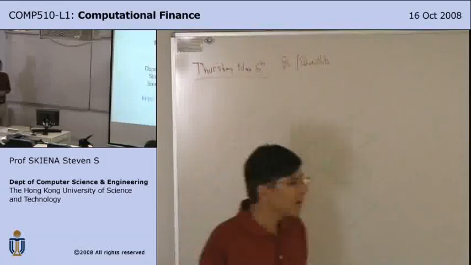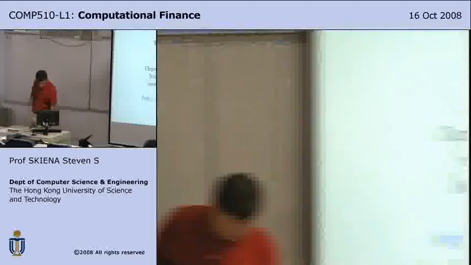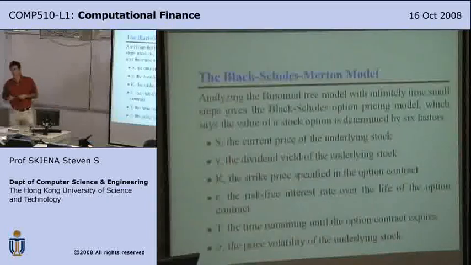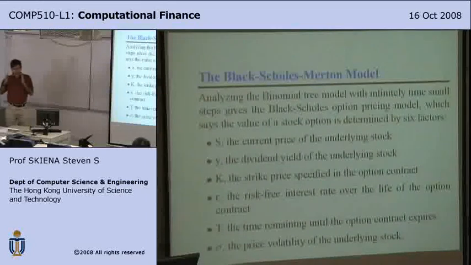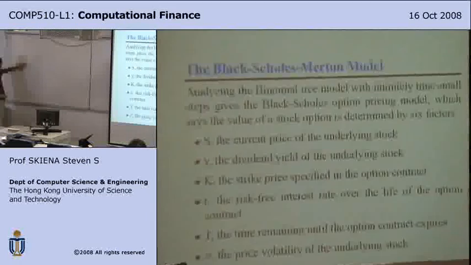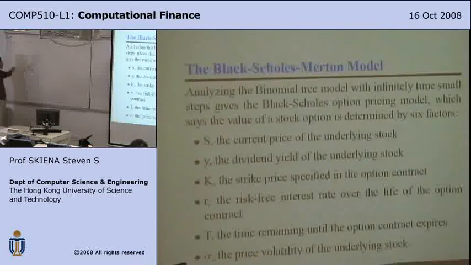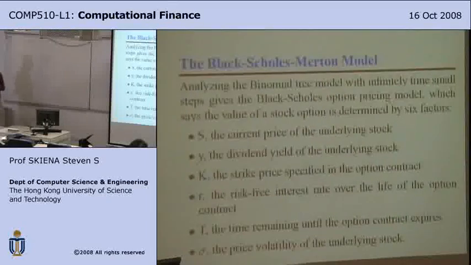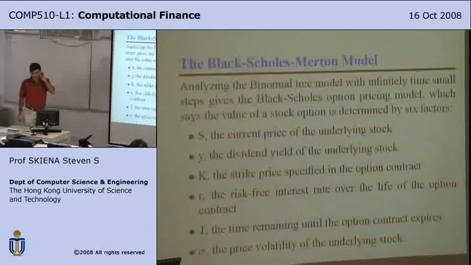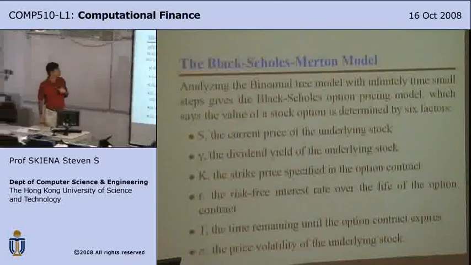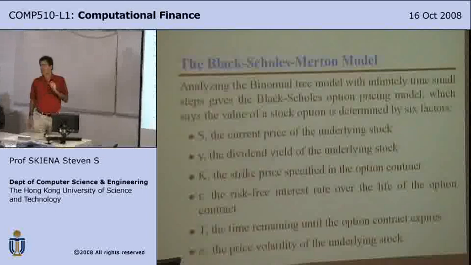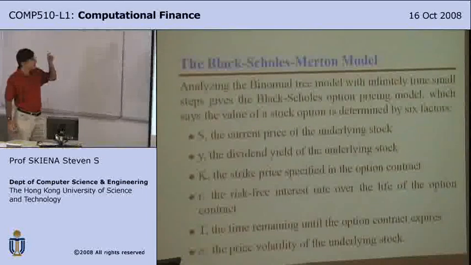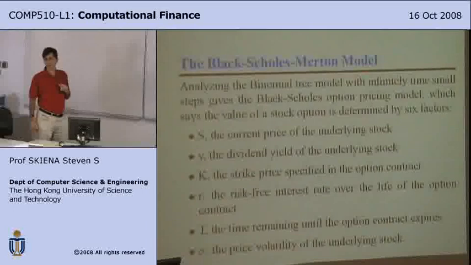Okay. What I'd like to talk about today is the famous Black-Scholes equation. I am quite happy modeling pricing options using this binomial tree method. It's something I computationally understand. As we just discussed, I can tweak things and do things. But there is another option pricing model that's very important, which, as we will see, is in some sense conceptually identical to what we've been talking about so far.